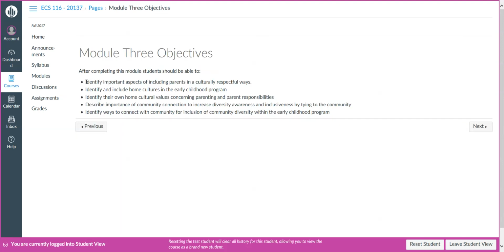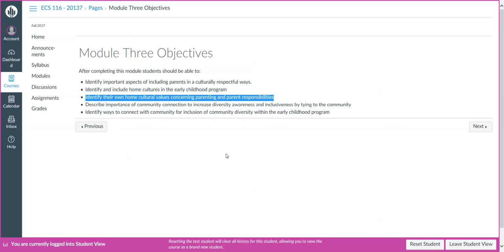So when you complete this module, the first thing that I'm going to want you to be able to do is identify important aspects of including parents in culturally respective ways. Also identifying and including home cultures in early childhood programs. Identifying your own home cultural values concerning parenting and parent responsibilities, which is a really big milestone.